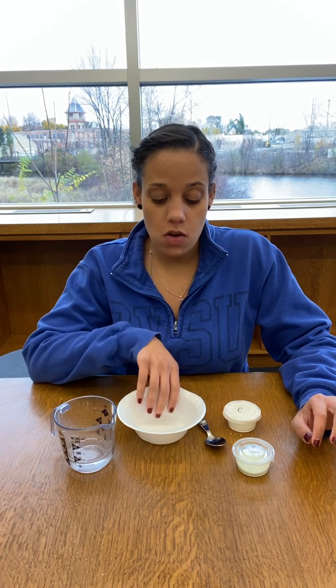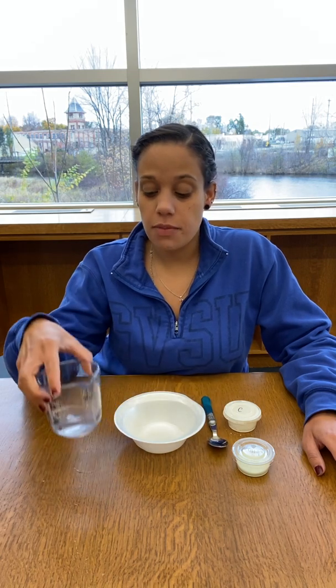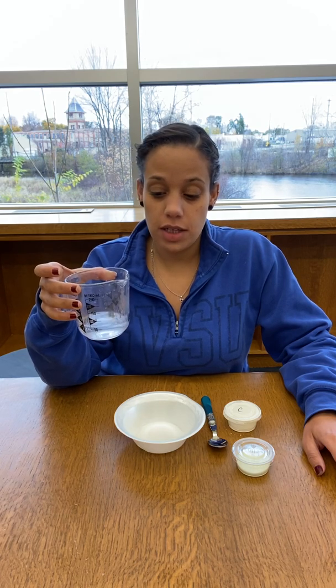If you stopped by the library to pick up your Take-A-Make kit, the only thing that you will need at home is a bowl, a spoon, or something to stir with. It doesn't even have to be a spoon, you can use a fork, and some water. I'm going to use no more than 1/4 cup of water, but we're going to spoon it in very, very slowly because